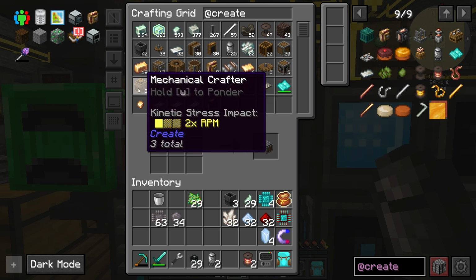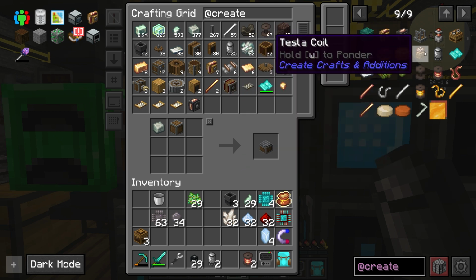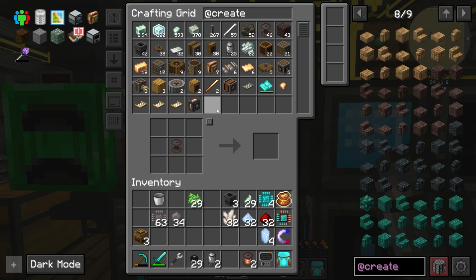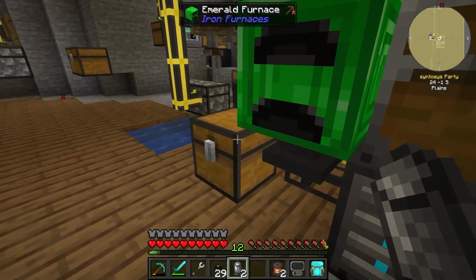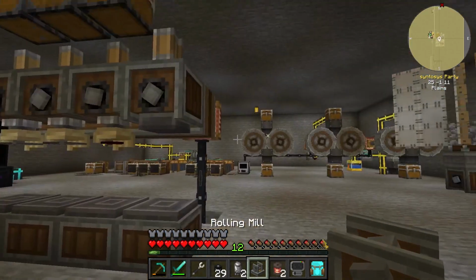Okay, so we might need mechanical crafters, so I'm going to grab those now. Then, what do we need from here? We've got capacitors. We need those little tube things. We need to make some more of this, which means we need to make some more wire, right? And the wire is created from... There was a little machine that did it. And I can't remember where the little machine is. Oh, there it is. Rolling mill. Perfect. Okay, so...